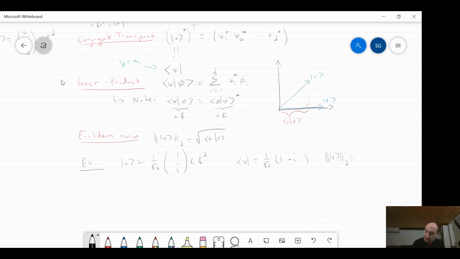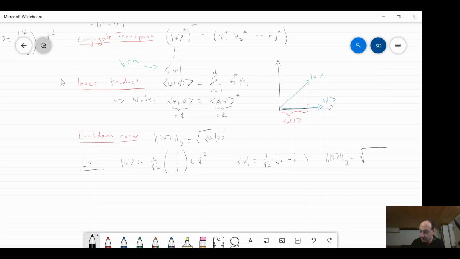And by the way, you might be wondering why there's a 2 in this base, and there is a reason for it. You can generalize this to more general formulas called the Schatten p-norms, where if you put another number here, there's a slightly different formula. But we won't go into that just yet. Maybe we'll see it later. But the point is that the 2 is meaningful to put here. It actually stands for something.